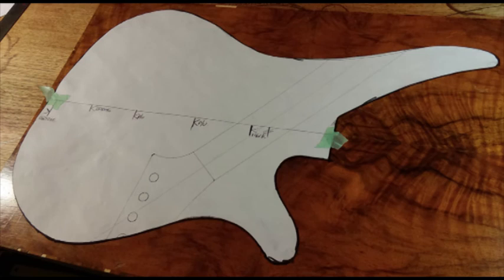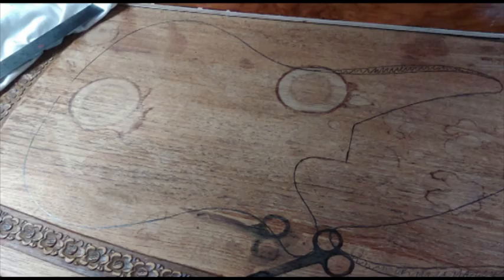So no losses there antique wise. It just would have been on a fire somewhere ultimately, I think. So I like these beautiful veneers, so I saw the table, grabbed it from a charity shop and cut the top surface out of that one. I retained a little bit that was on the right there just for the headstock, and the main bulk of